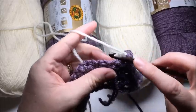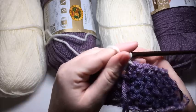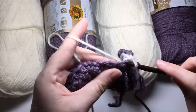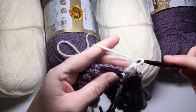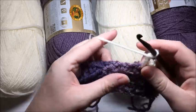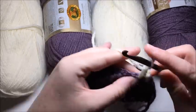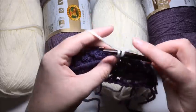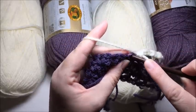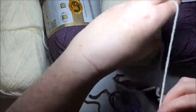So I've changed color. I'm going to single crochet in that first single crochet. Pull my strands a little tighter. Single crochet in the first chain space. Chain 1, single crochet, chain 1, single crochet in the chain space, chain 1, single crochet in the chain space. I've come to the last stitch before my color change, insert my hook, drop a loop, drop that color that I'm working with,